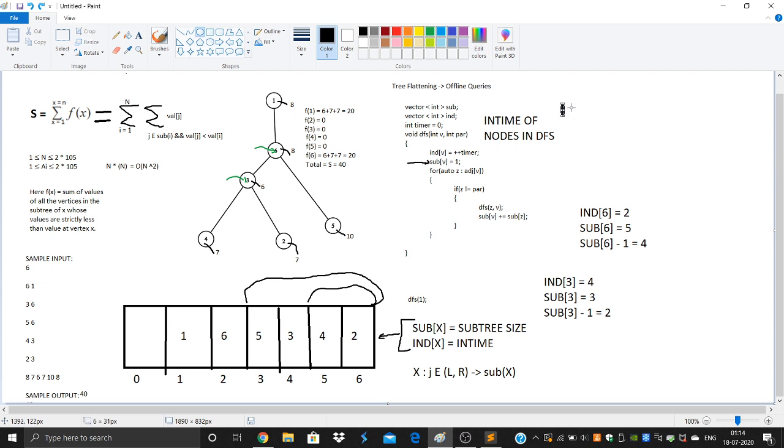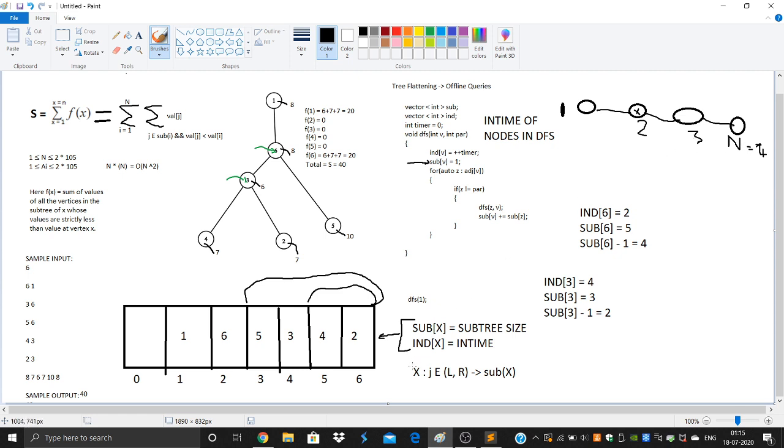We were doing something like, suppose we are calculating for the second node. So we used to visit all the nodes from 3 to n, right? Like n is equal to 4 here. So we were visiting from this vertex 2, 2 plus 1, 3, to the end. We used to check if there is any value which is strictly lesser than the value at 2, and we used to take a sum. So we used to do that up until n.